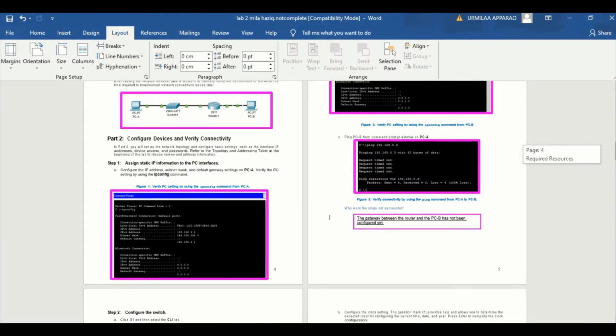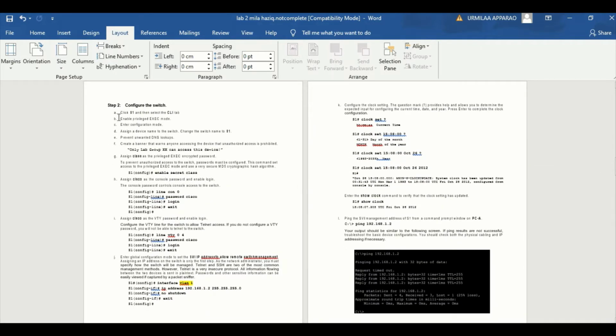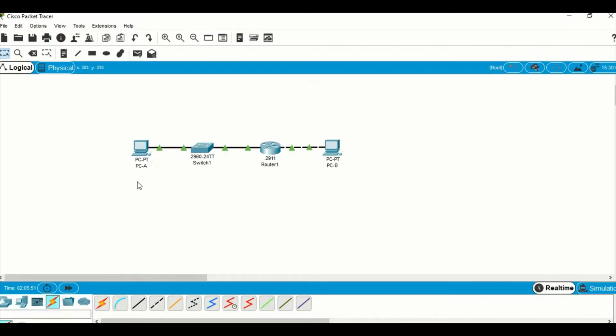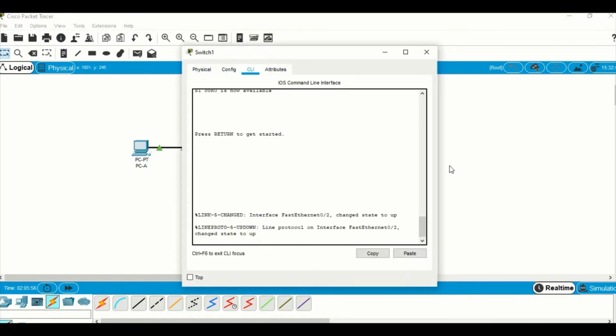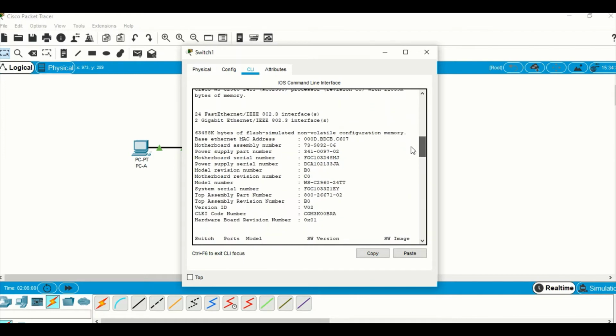Okay, now moving forward, second step, configuring the switch. Click S1 and then select the CLI tab. Okay, now I'm going to configure my switch 1, and I'm clicking the switch. I'm going to my CLI tab, and this is my CLI tab. Okay, now as for the first step,